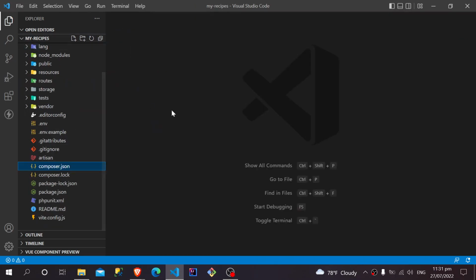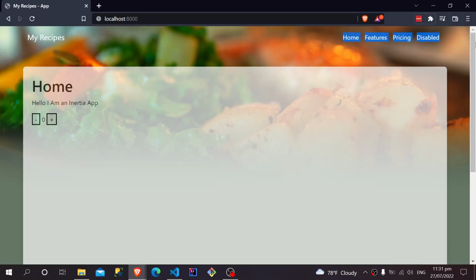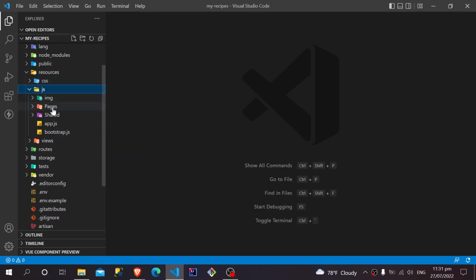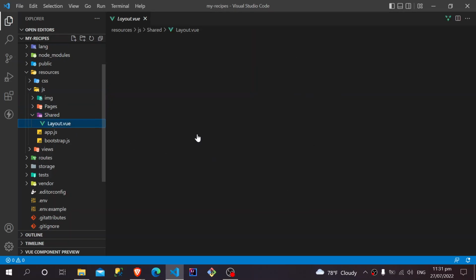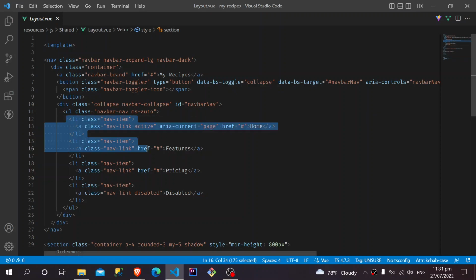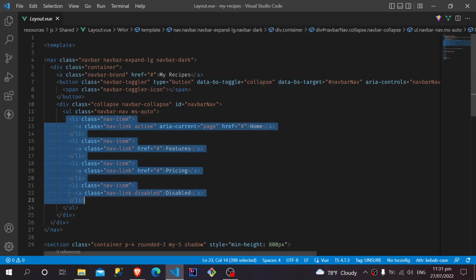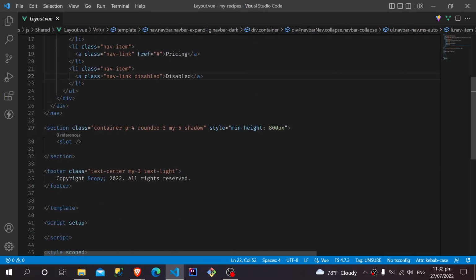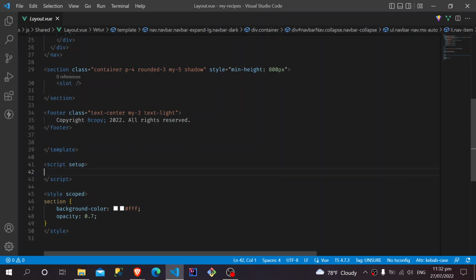Since we are going to do something with our navigation, it's obviously inside of our layout file. So under resources, JS, shared, there's our layout.vue. We are going to take a look at this part here. Now all of these are anchor tags. We will be replacing them with the link component that is available with Inertia. In order for us to be able to use that, we need to import it in our script tag right here. We say import,